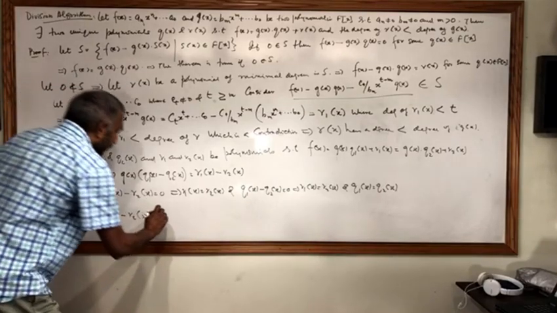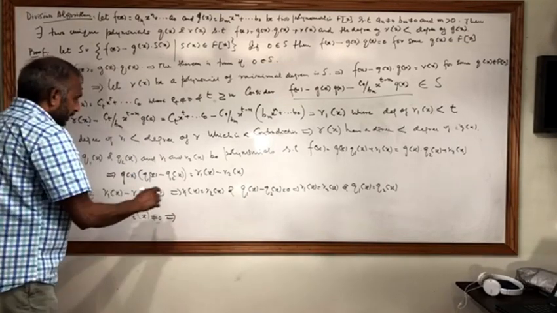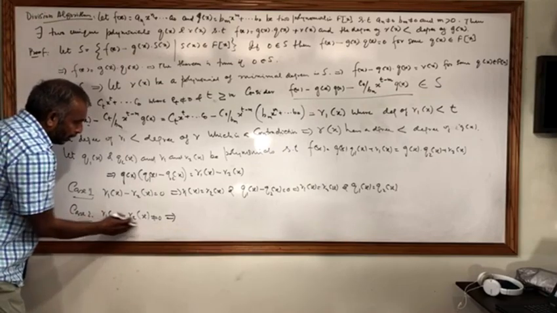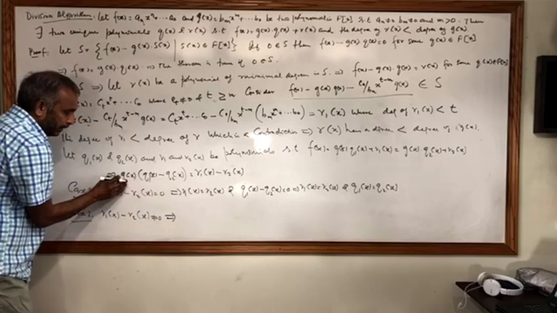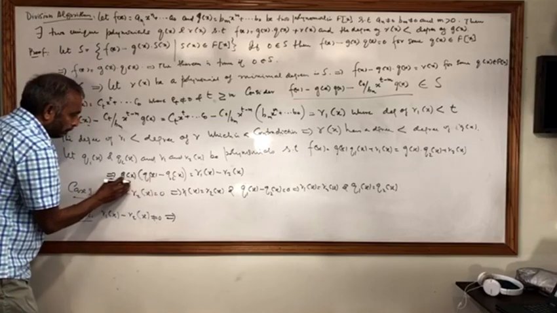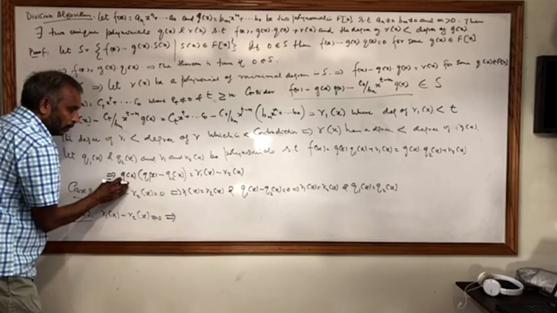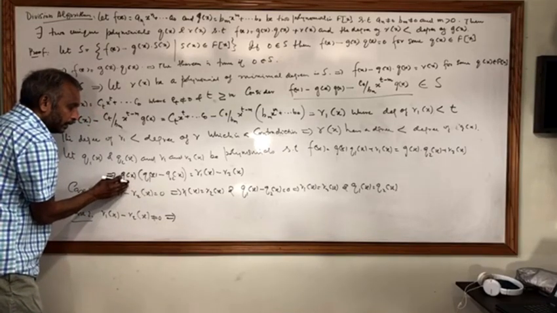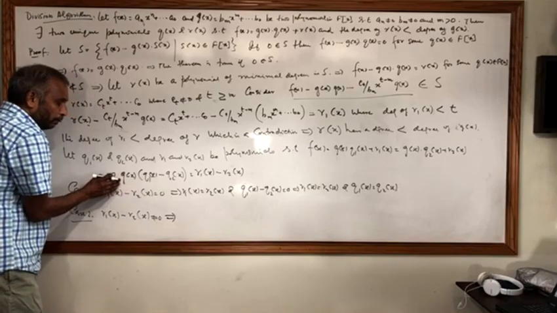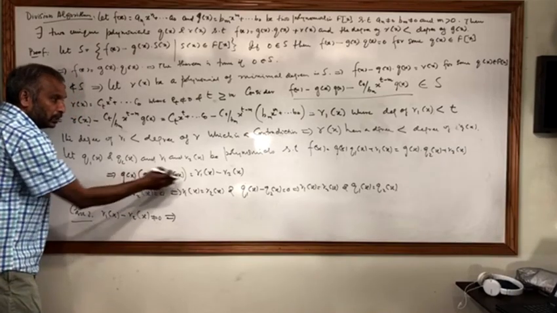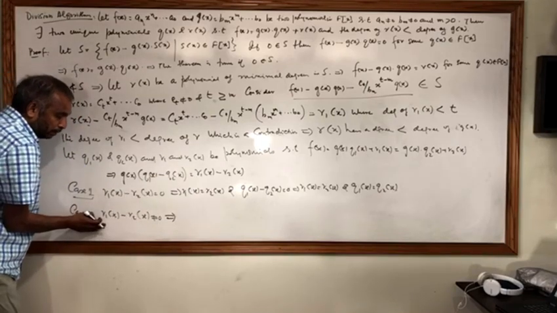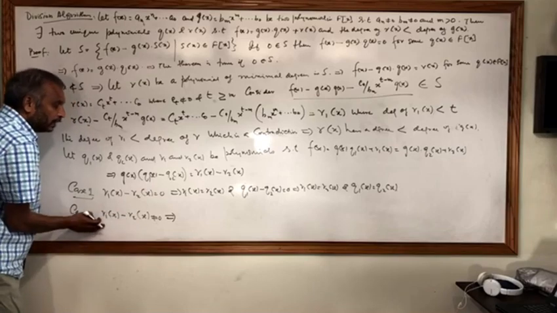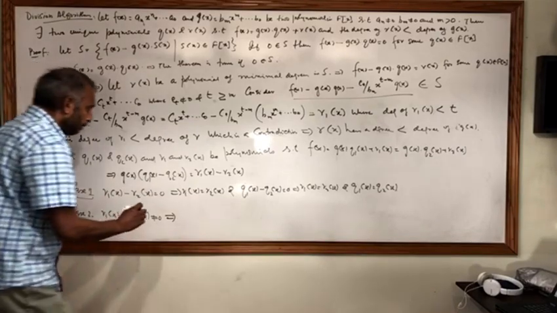And that implies, if this is not 0 and this is a polynomial multiplied by this, the whole polynomial will be of degree greater than or equal to the degree of polynomial g of x, which is not true because r1 minus r2 is a polynomial of degree less than g of x,